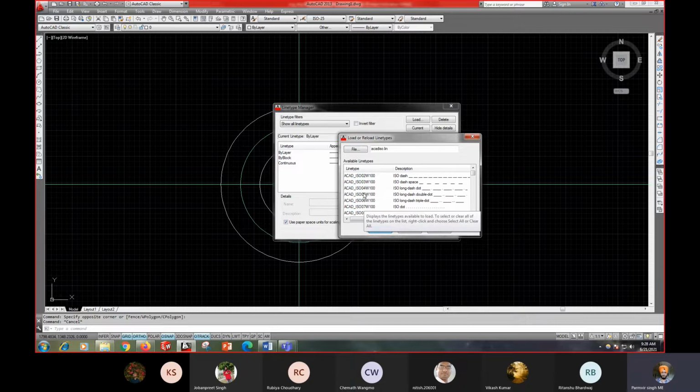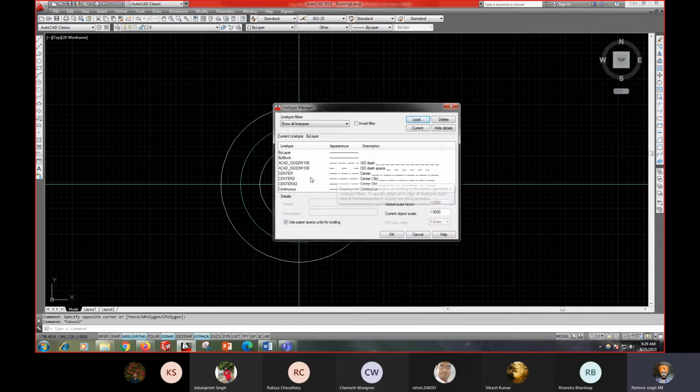So I want the center line, so I select the center 1 2, center x2, or another line. You can select the line which you want. Okay, press OK. It will appear in this area. Okay, then you can select OK.